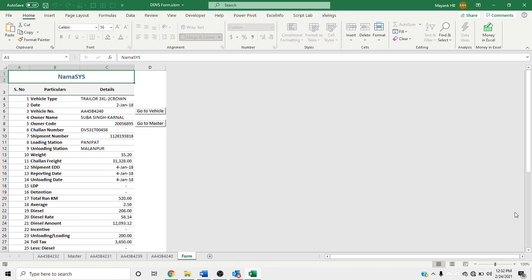The problem they were facing was they used to maintain an Excel workbook with around 80 worksheets, which means they had a separate worksheet for each fleet. Whenever a user had to create a new detail or look for an older detail, he used to manually navigate between those worksheets to find the relevant one.